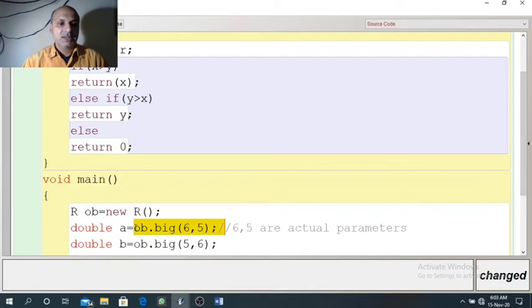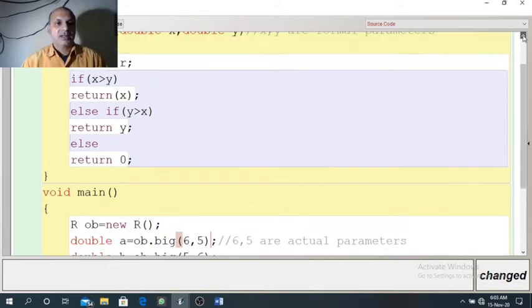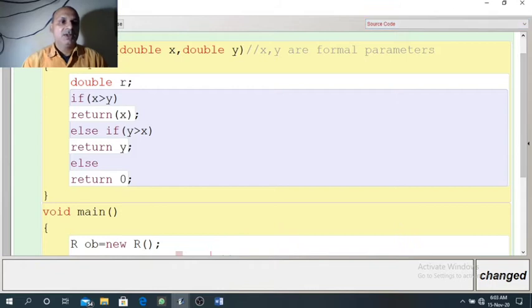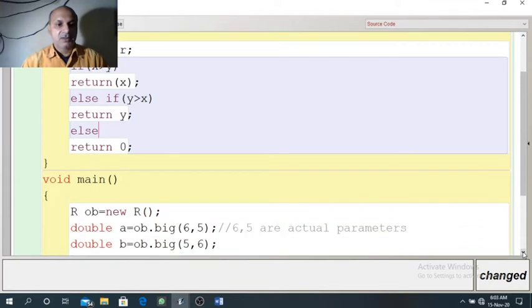Now when this line will execute, then compiler will search big function. Now big is found here. Big function receives two arguments, double x, double y. So we need to pass two values. So we are passing two values here, 6 and 5.